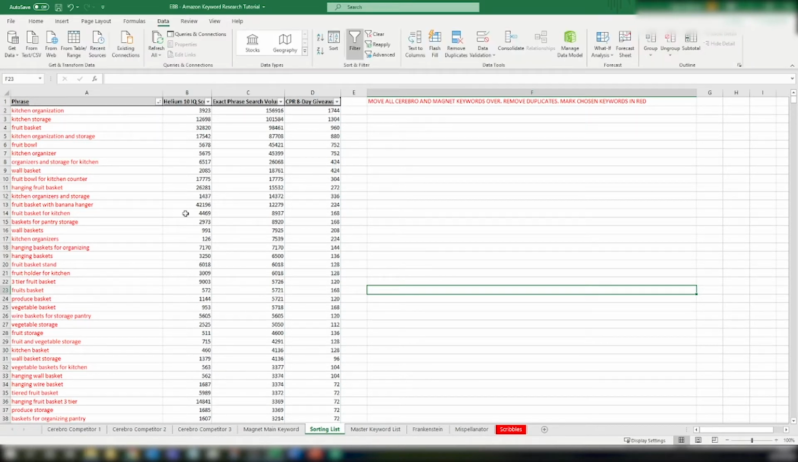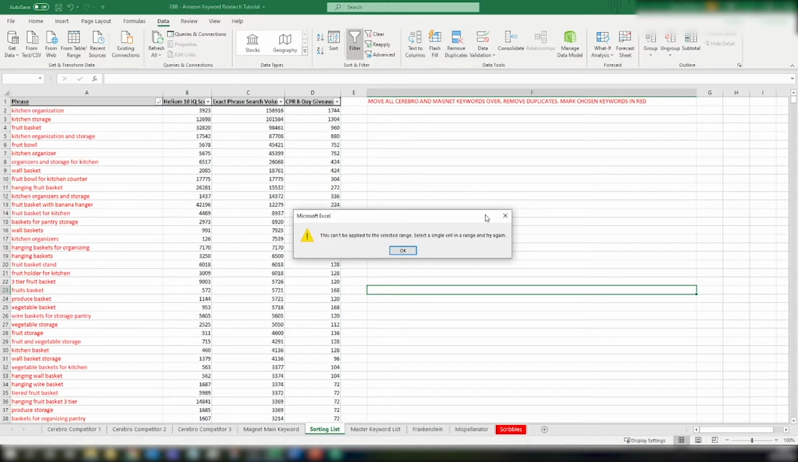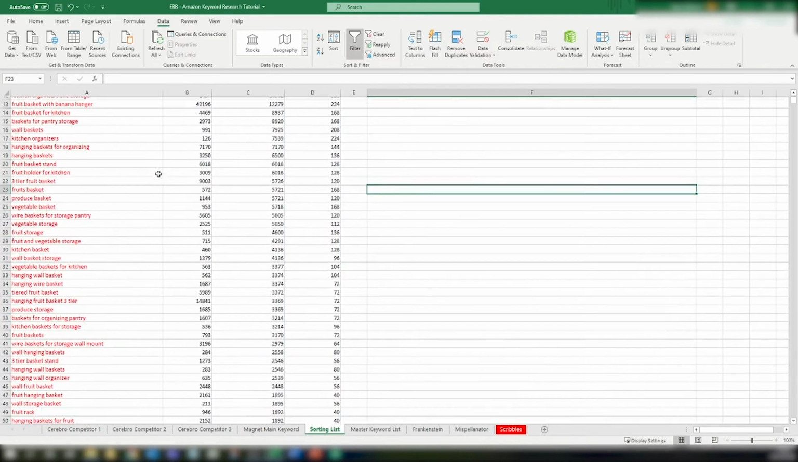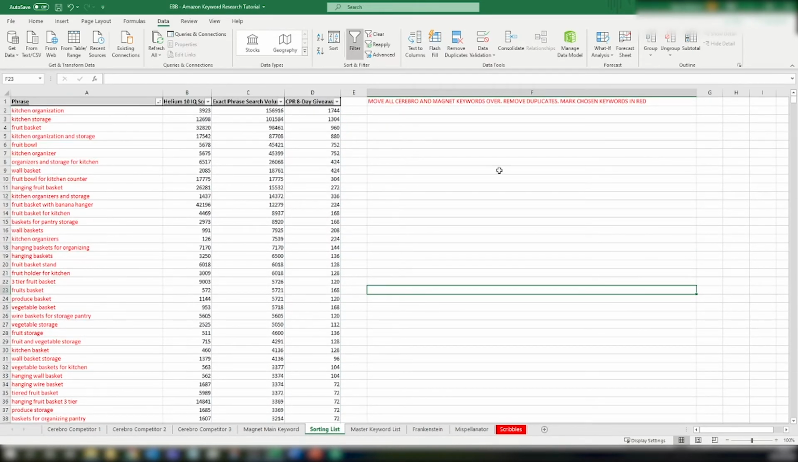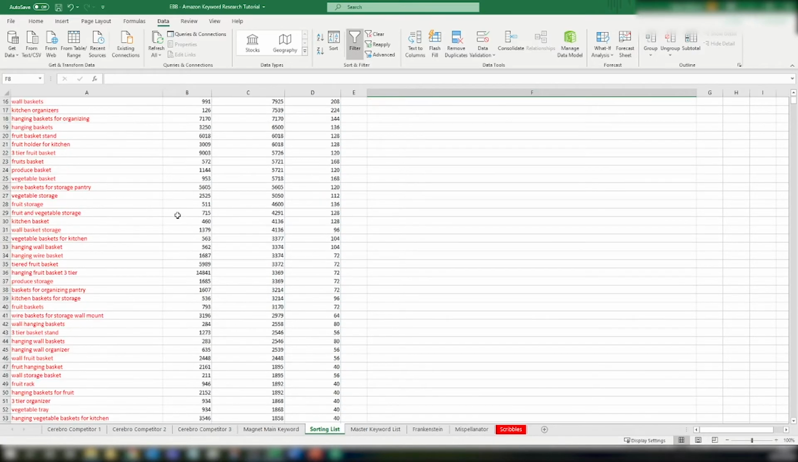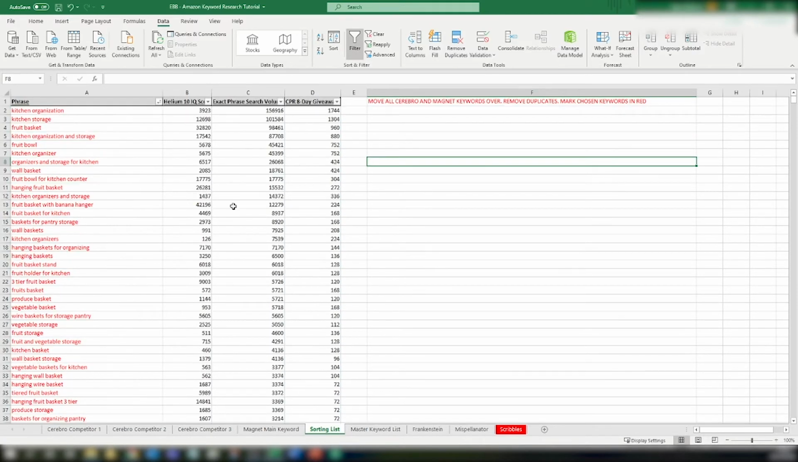You'd have a full list of keywords in here and you'd select remove duplicates. I've already done it, so there's no more to remove as such, but that then condenses your list right down, so you're not repeating yourself. The next stage is I would go through the long list and I would basically, any keyword that I think